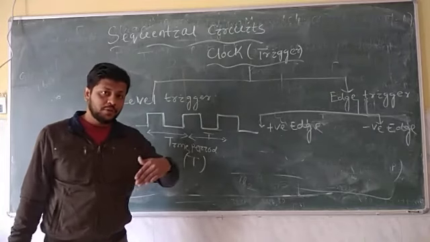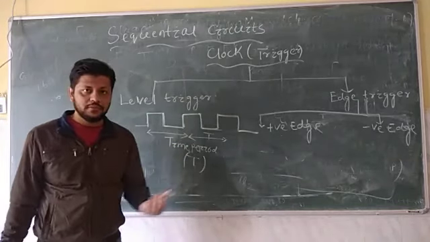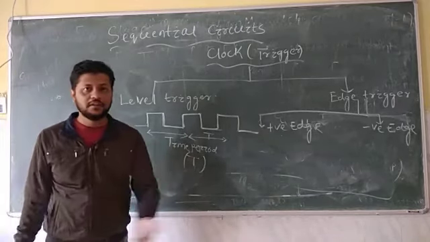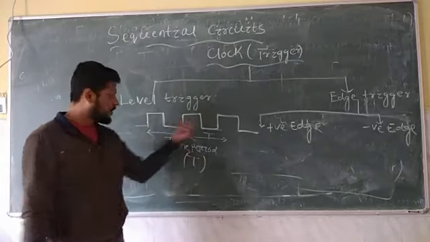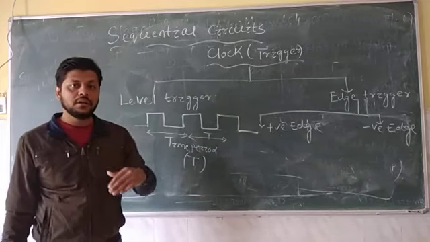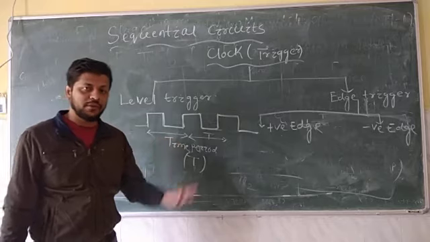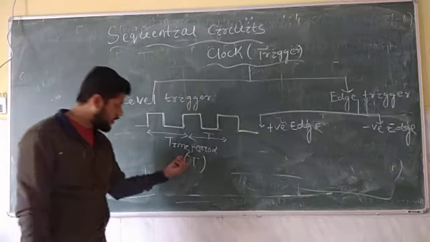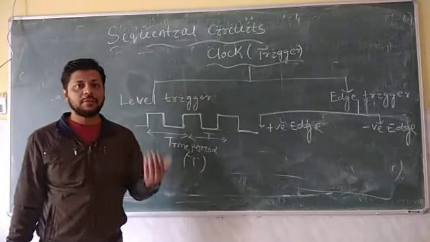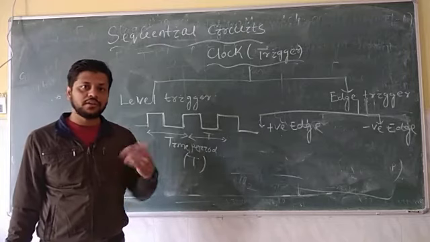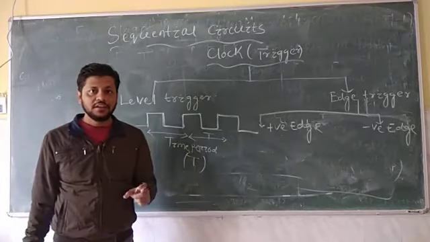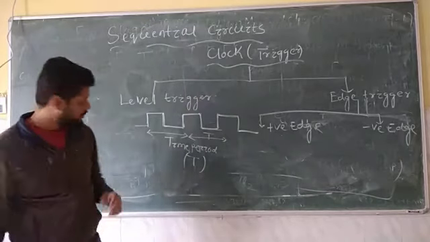Time period means after a certain time. For example, 1 day: again this pulse is repeated after 1 day. Or 1 second: again after 1 second the same nature will be repeated. So after how many seconds, days or minutes the same thing is repeated is known as your time period. If I ask you what is the time period of a week, so today is Sunday, today is Tuesday, then after 7 days Tuesday will again be repeated. So 7 days is the time period for a week.